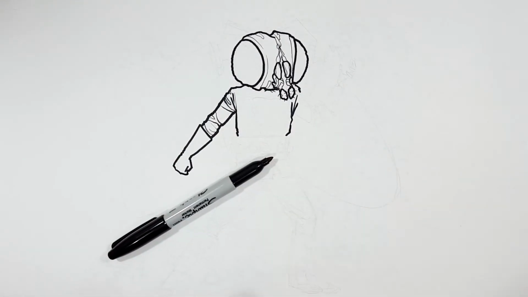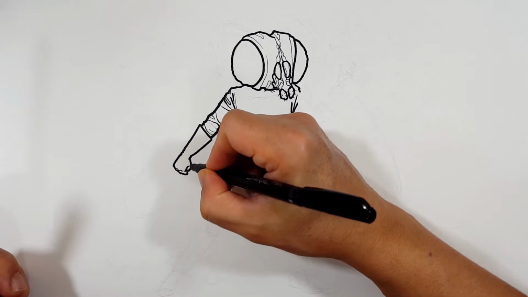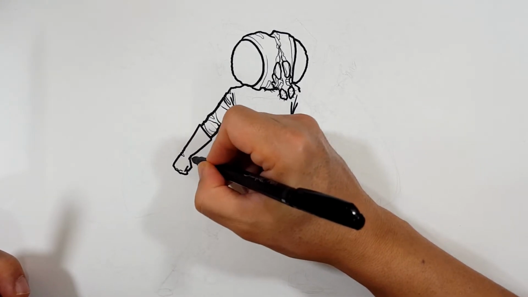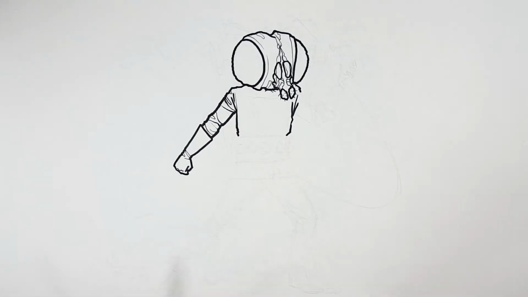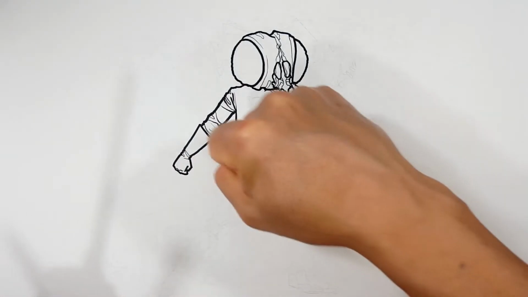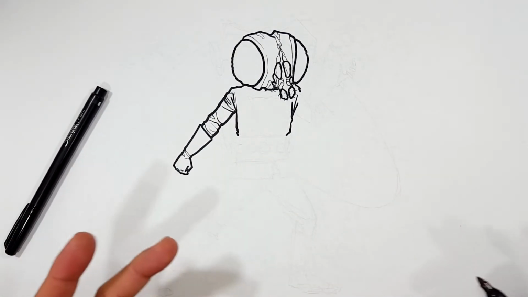And again, because it's a gloved hand, there's only so much we can do anyway. So I'm just gonna draw some wrinkles on it, and it's pretty much going to be black anyway, so that's good. And it gets the point across, right? You don't have to do a whole bunch. It makes it feel like it's a gloved hand.